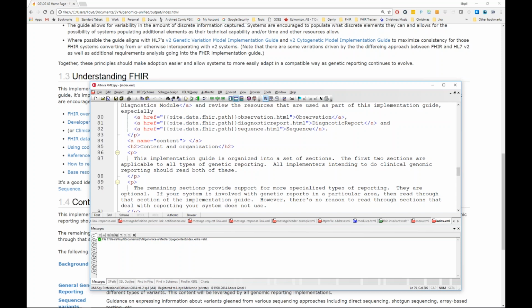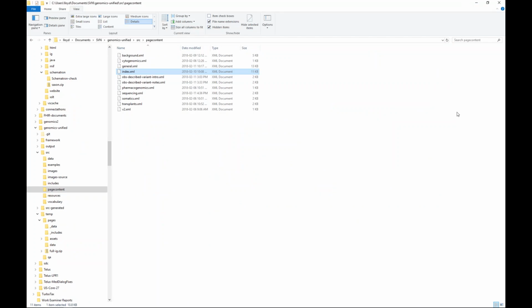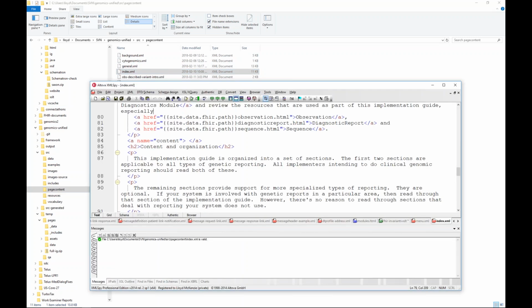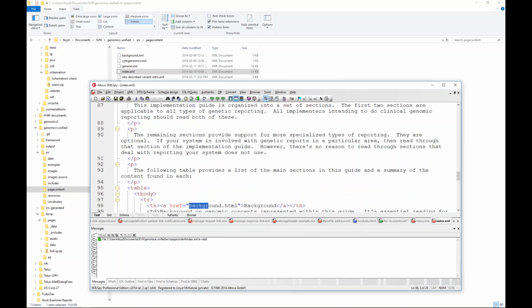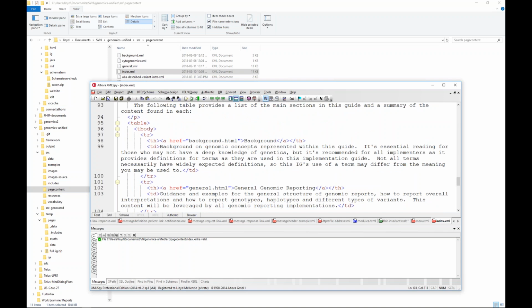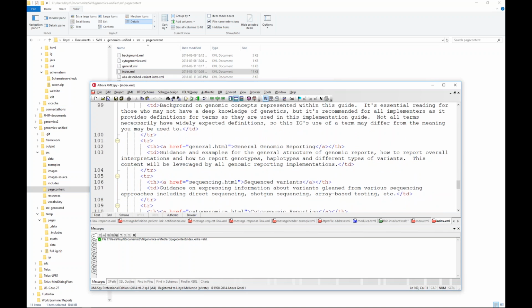So we have no worries. We have a number of pages. So we've got our root page, which is called index. We also have a background page and a cytogenomics page and a general page and a few others. And we've defined the links to those. So we actually have our little table of contents, which says what are the different pages that we have and what shows up in each of those. And that gets rendered